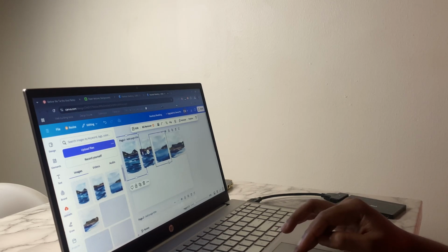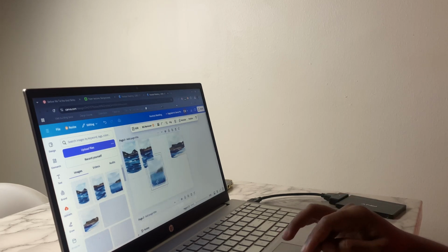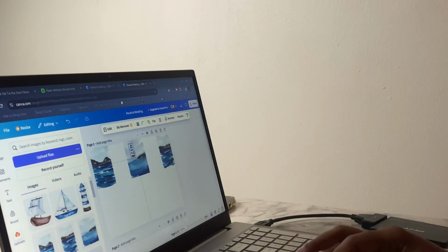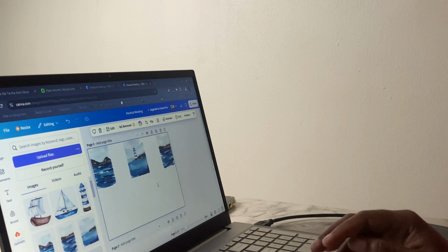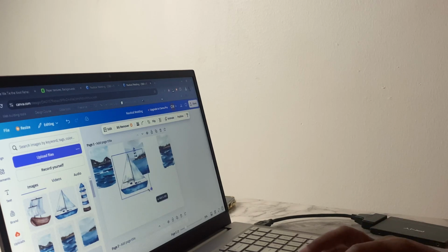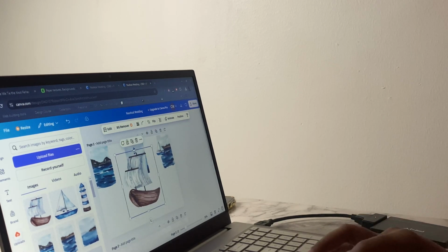But anywho, as I was saying, Affinity Photo is definitely a game changer in terms of it being cheaper than Photoshop. And it's really good, like really good. It's just a bit of a learning curve, especially because I didn't know how to use Photoshop either. So Canva was my go-to, but now I need to start incorporating Affinity Photo in my workflow, because the more I use it, the more I'll get the hang of it.